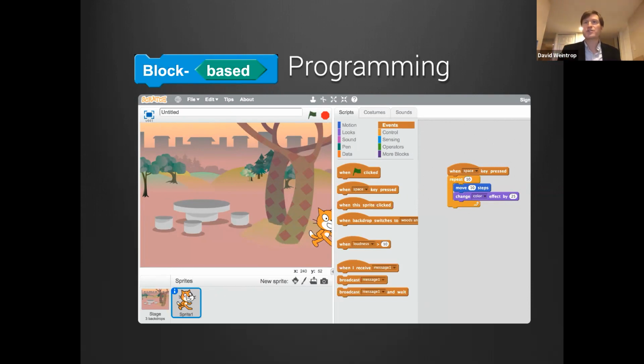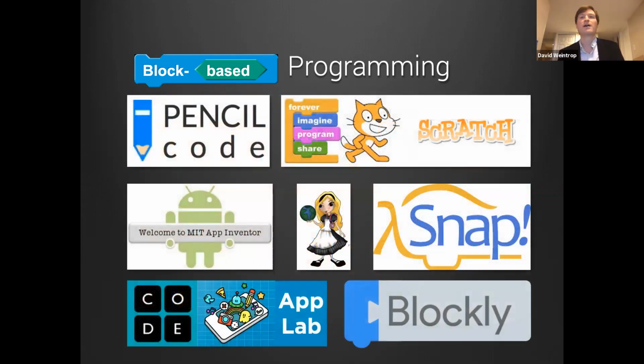And so Scratch might be the best known block-based programming environment out there, but it's certainly not the only one. In the last 15 to 20 years since block-based programming has really caught on, we have all sorts of different libraries being introduced, including MIT App Inventor, Scratch, Pencil Code, Snap, Code.org's App Lab. And that last one, from the bottom right, Blockly, is notable because it's not necessarily a language on its own, but instead it's a framework that makes it easy to design your own block-based programming environments and embed them into other